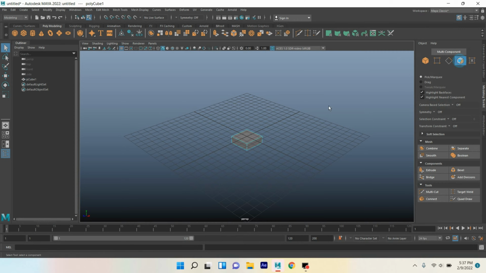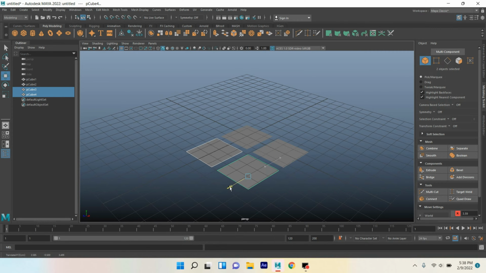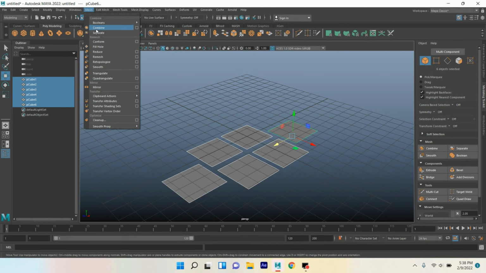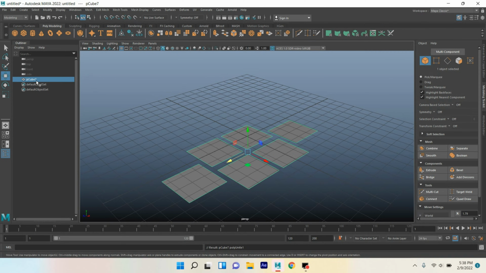Go to modeling toolkit, select this face, go to select, click inverse, press delete. Now go to object mode, press Ctrl+D to duplicate and move the face here. Select these two faces, press Ctrl+D to duplicate and move them here. Again press Ctrl+D to duplicate, move this one here, Ctrl+D to duplicate and move this one here. Now select all of them, go to mesh, click combine, edit, delete by type, delete history and rename this one